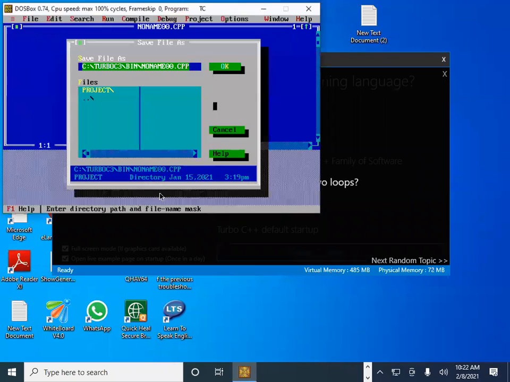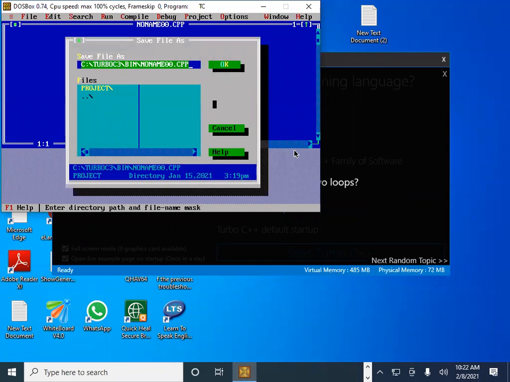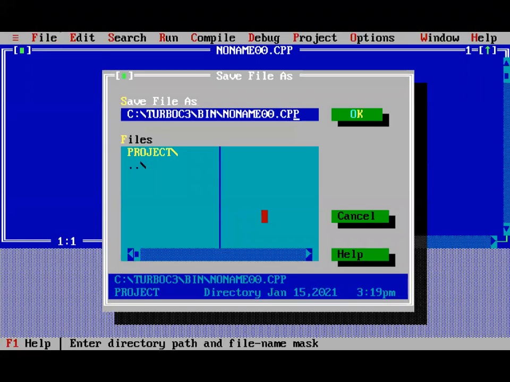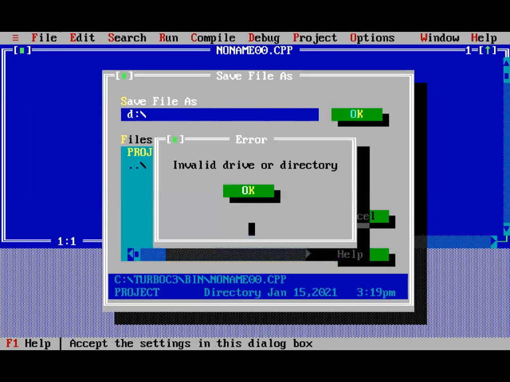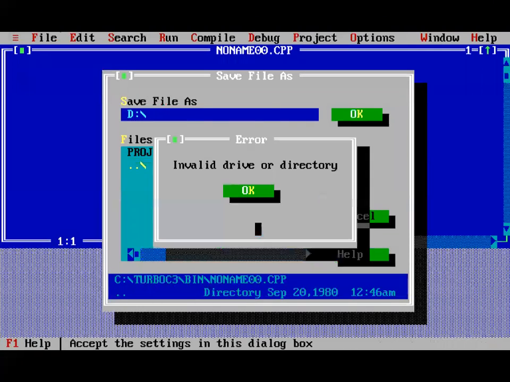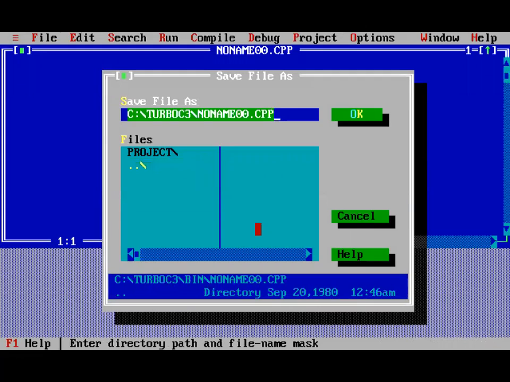Here we start the C++. Sorry, C programming. We change its address. So here we change it to D. Okay, here we save the program.